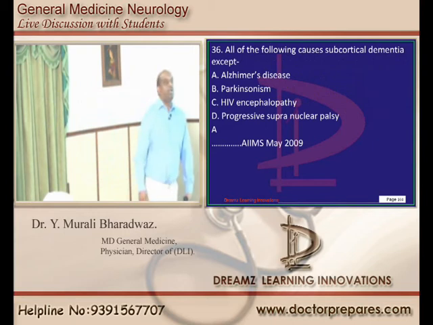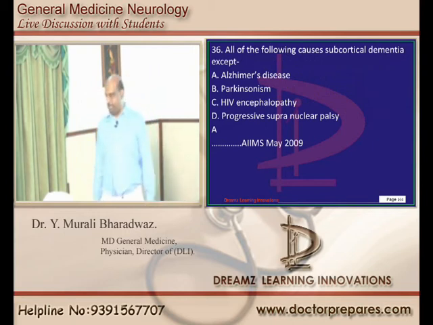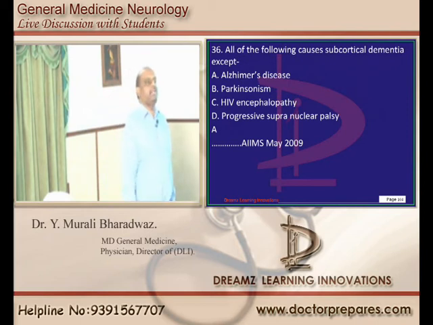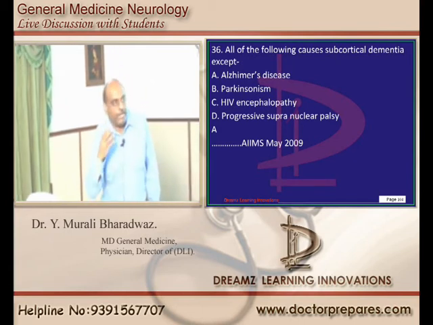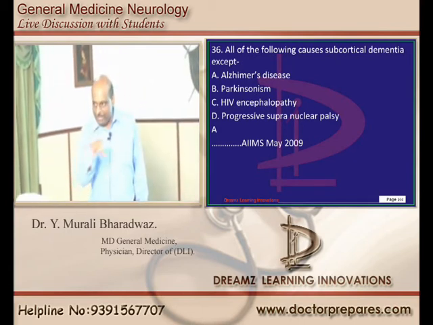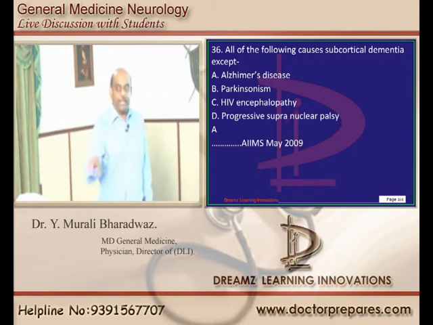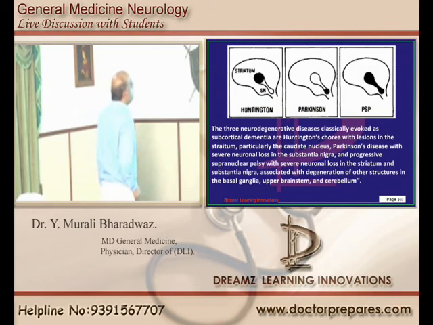Now what are the causes of subcortical dementia? We may forget because of two reasons, brain forgot or brain's juniors forgot. If the dementia is occurring because of cerebral cortical level, you call it as cortical dementia. If our memory is also dependent on the centers located below the cortex, in the basal ganglia, amygdala, limbic system and all, then it becomes subcortical. One of the favorite questions of the examiner is, how do you differentiate cortical from subcortical dementia and what are the causes? In this case there is no big deal.